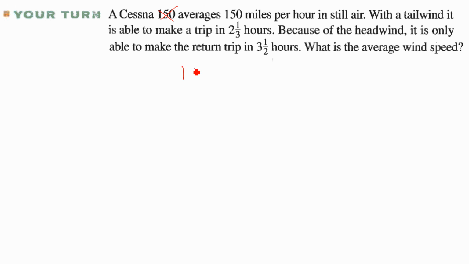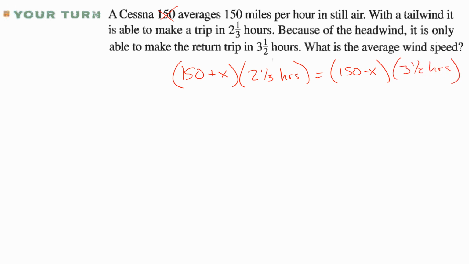So same setup. 150 plus our tailwind times 2 1/3 hours equals 150 minus x times 3.5 hours. Go ahead and solve for x. So I'm going to rewrite 2 1/3 as 7/3 times 150 plus x. I'm going to write 3.5 as 7/2 times 150 minus x. And we'll go ahead and solve. 7/3 times 150 is 350 plus 7/3x